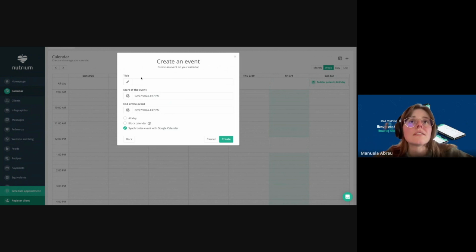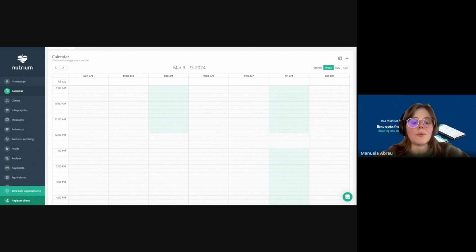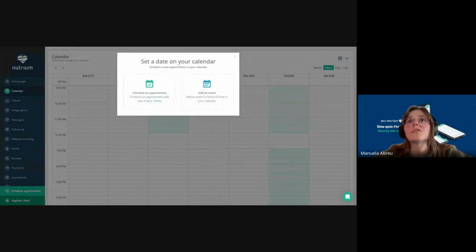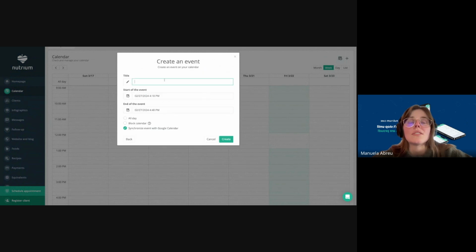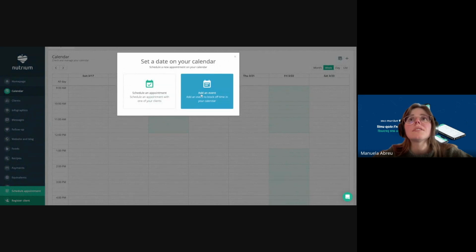But creating events is really interesting if, for example, you will notice that this calendar is the same for every week. So if you set out a weekly calendar, it's the same throughout the week. So let's say that from March 15, in this week you do not want this calendar, or you want to update the calendar. This can be added as a reminder or as an event to block time. So let's say that from this date on, let's say March 17th,